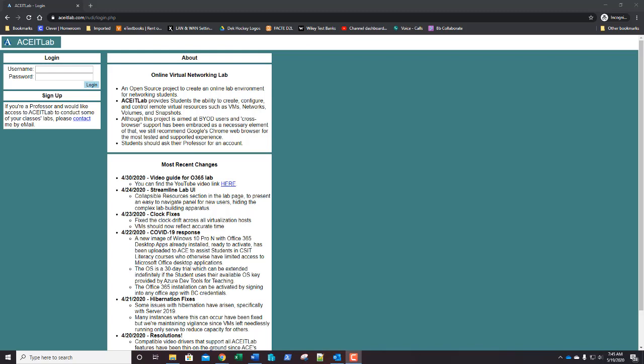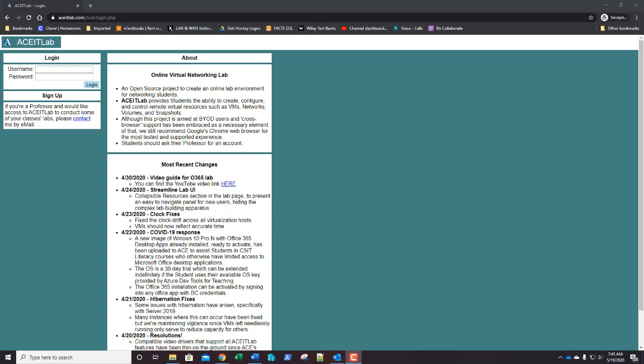You're going to use as your username your personal email address as listed in Focus, and by default, initially, your password will be password, and that is a capital P, A, 1, 1, WORD. Once you've used that and logged in, we're going to go through the steps for you to customize your password